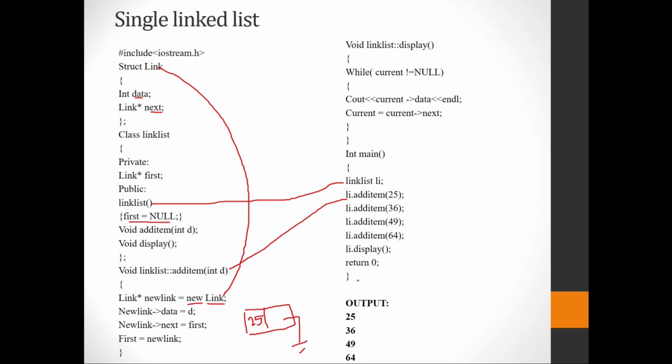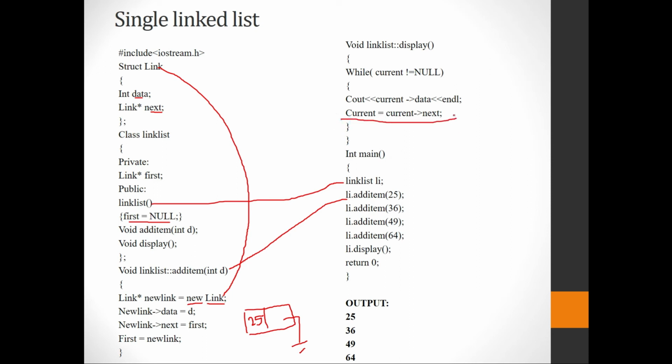So now how does it display these outputs? Yes, you have a function which is named display. It will automatically come to the function named display. You are checking for the current which is not equal to null. Okay, so now my current should not be equal to null. So in this case, instead of current, I think this is first. So now I'm making my first not equal to null. So now see out current data. So I'm going to print the data, current data. So what is that data? Which is 25. Now current equal to current next.